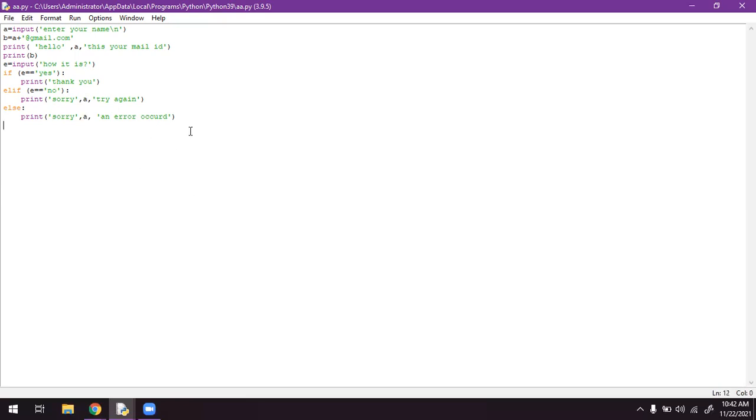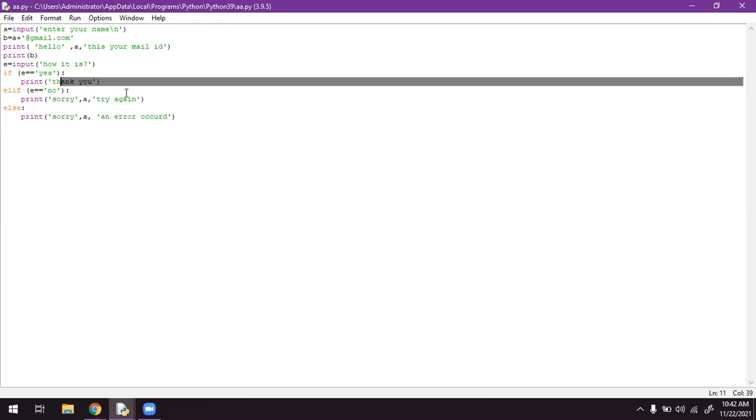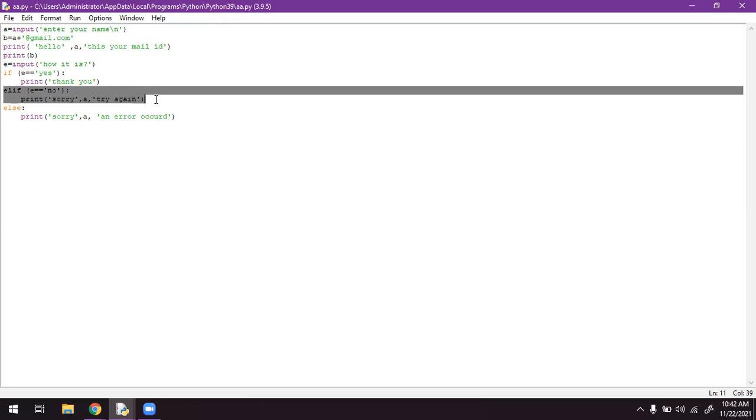Okay, so this statement is called else if condition. If you write only two conditions, without elif, then it's simply called if else condition.